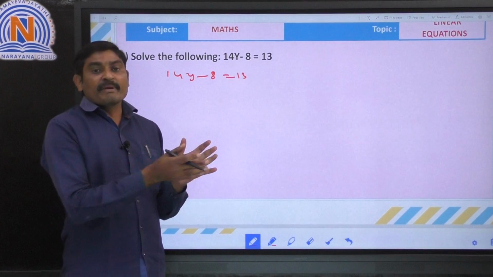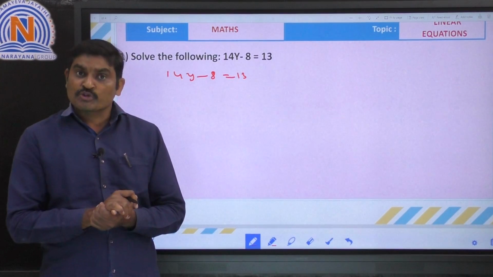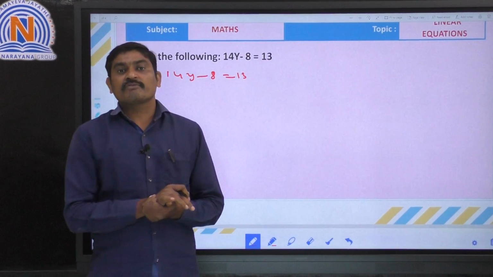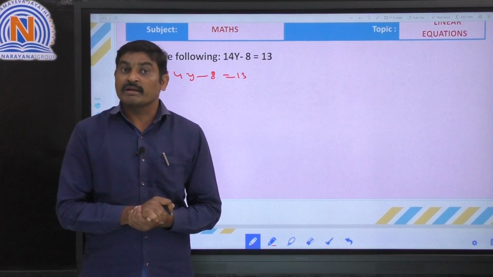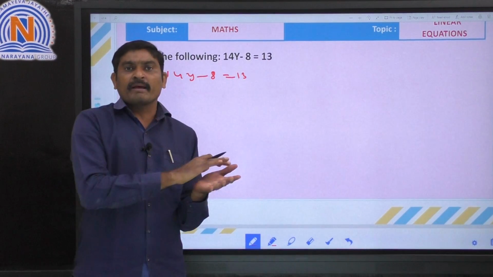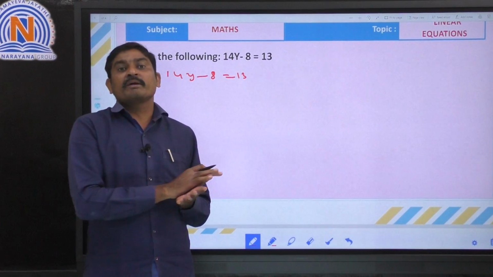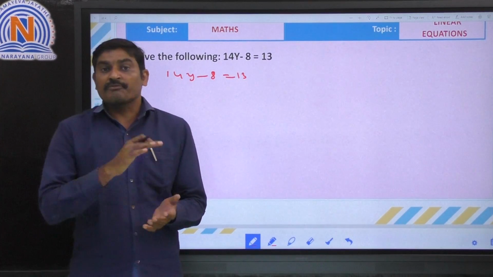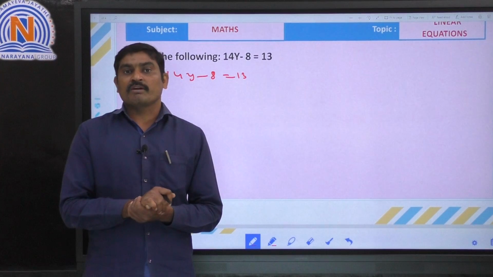If any number is added on the left side of the equals symbol, after transforming to the right side it should be subtracted. Any number subtracted on the left side, after transforming to the right side, will be added. A multiplied number, when transformed to the other side, will be divided, and a dividing number, when transformed to the other side, will be multiplied. So after following these 4 rules, we can solve any linear equation in one variable.